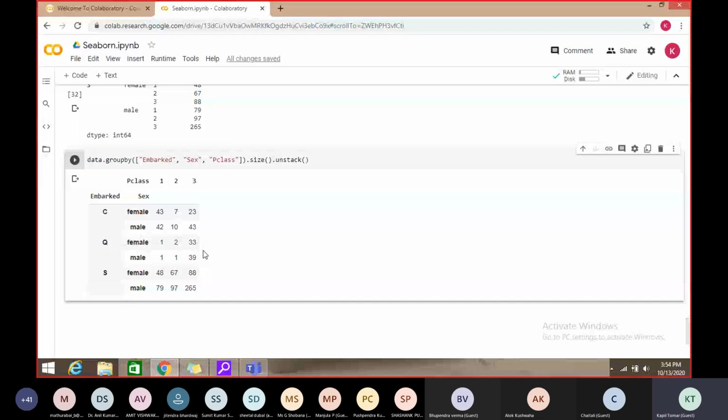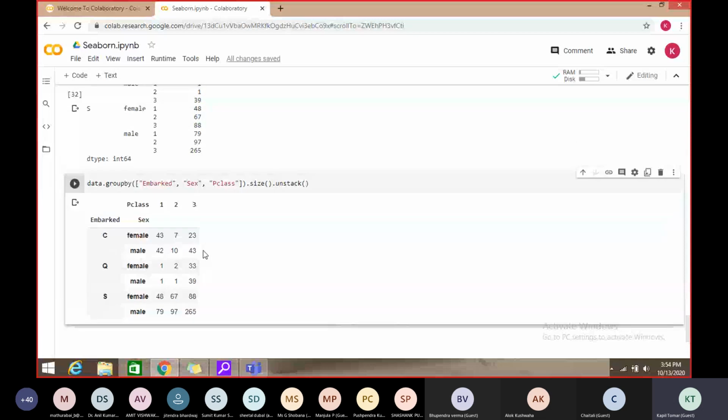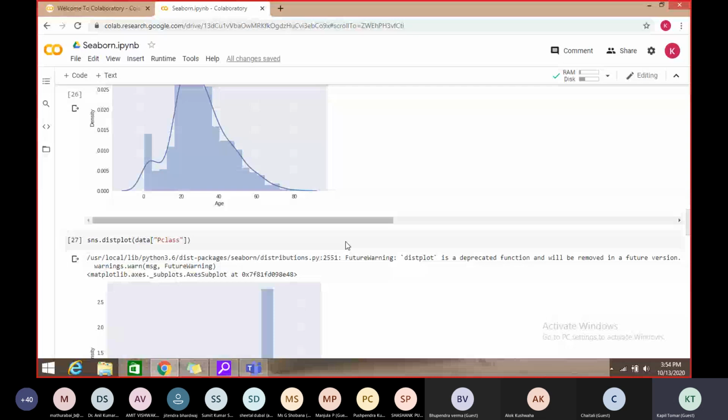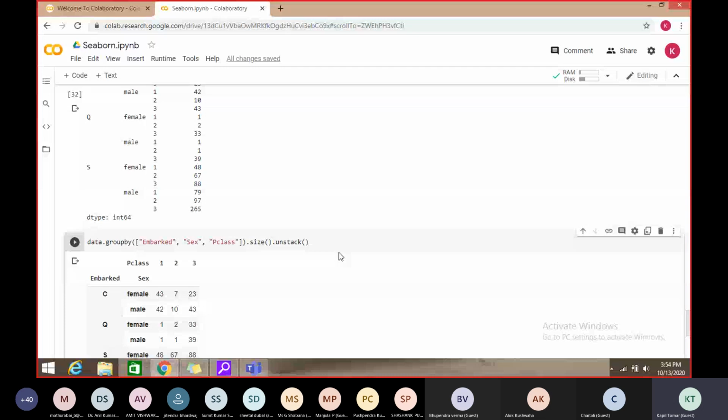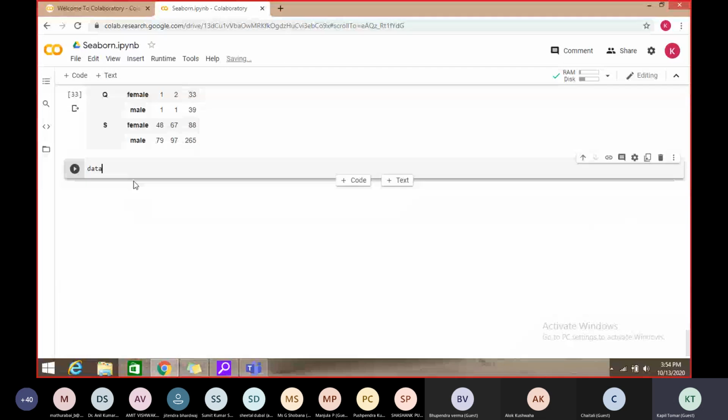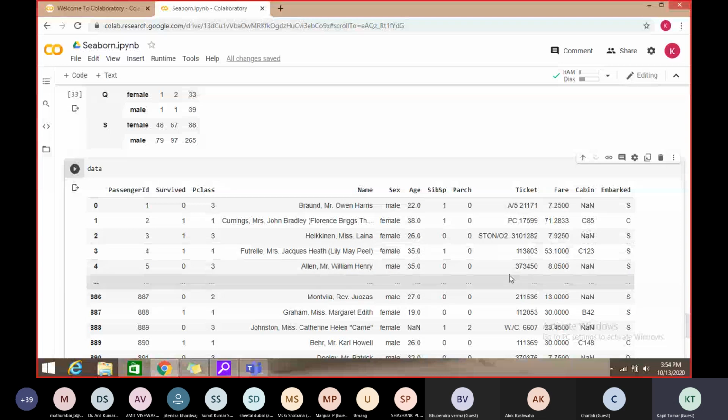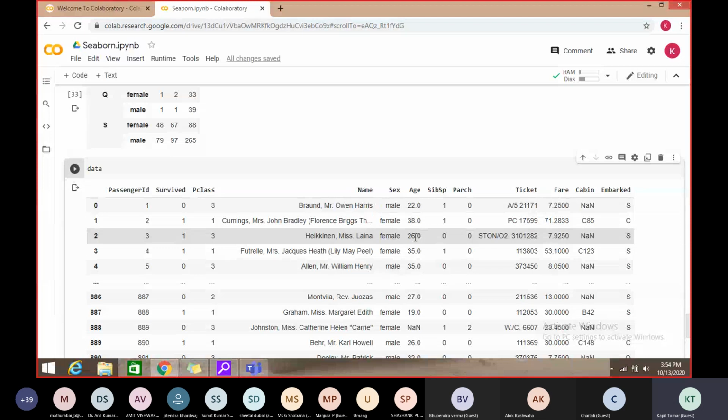Suppose someone is asking, in your data, this is age 22, 38, so just show me the data for different ranges, like how many people are between 10 to 20, 20 to 30, and so on.